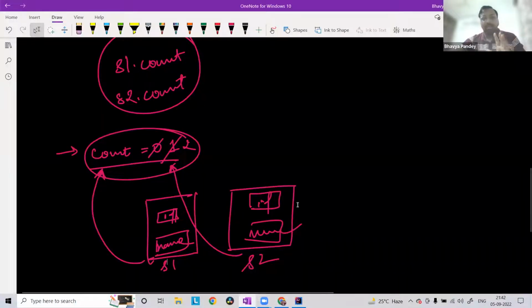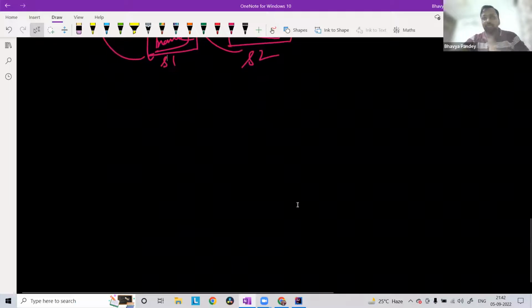So I think we have given enough time to it. If you are still unclear, all you need to understand is the significance of a static variable. It's a variable that is declared at the class level and it can be shared by all the objects. That is all you need to understand, and let's move on from this because we have spent enough time on it. Okay, so the other thing that I want to discuss with you is